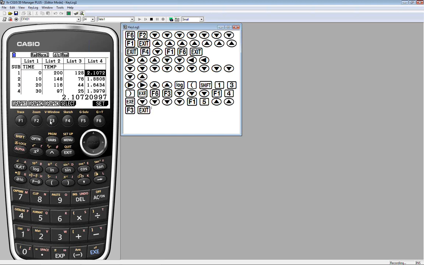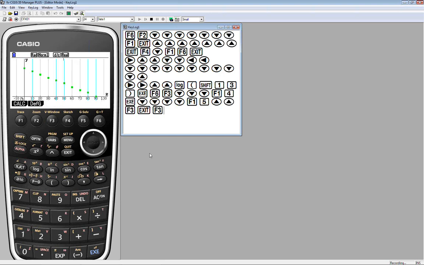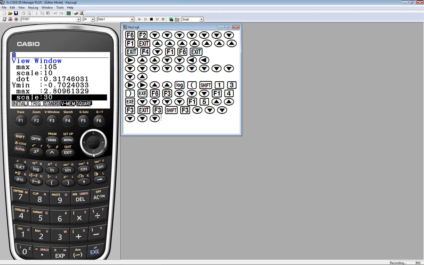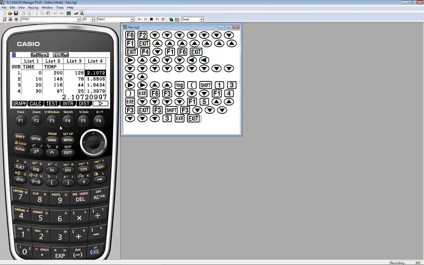Exit. Use F3 to see graph 3. And there we go. Scatter plot. And we have pretty nicely straightened the data. Again, I notice my horizontal grid lines are not visible. Not critical, but the reason now being because we took logarithms, our numbers are considerably smaller. And so that scale of 30 is no longer appropriate. A scale something like 3 would be more appropriate if you wanted the grid lines.